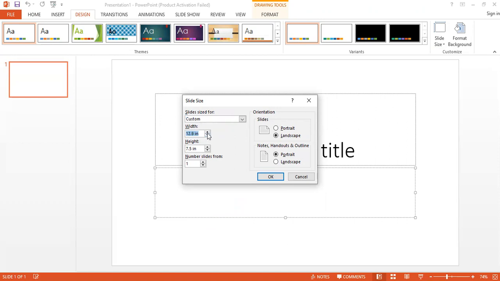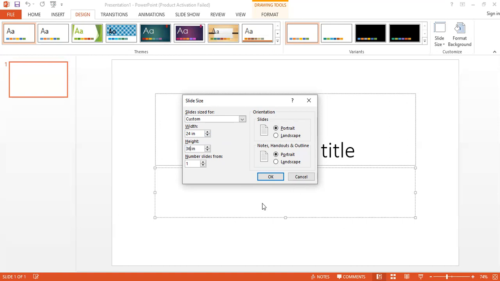You can increase the size, and let's say I keep it somewhere around 3 feet, that is 36 inches by 4 feet. Maybe it would be an ideal presentation. Or let's keep it the other way around. We have 2 feet by 3 feet, that means 24 by 36 inches.